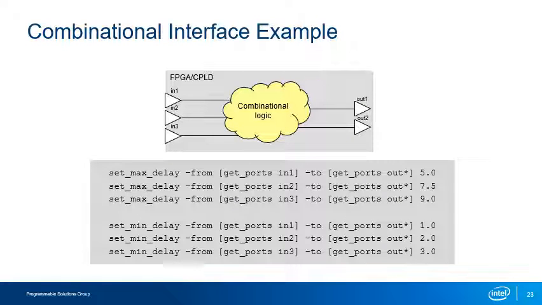Here is a simple example using the set_max_delay and set_min_delay constraints. The -from option is used to select which input path the constraint should be applied to. The -to option targeting out* indicates that the constraint is applied to the paths that go from that input to any of the output ports. For example,